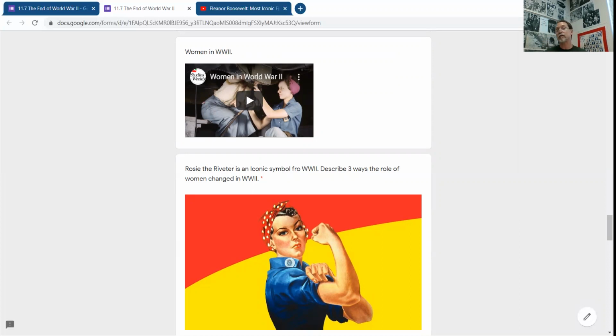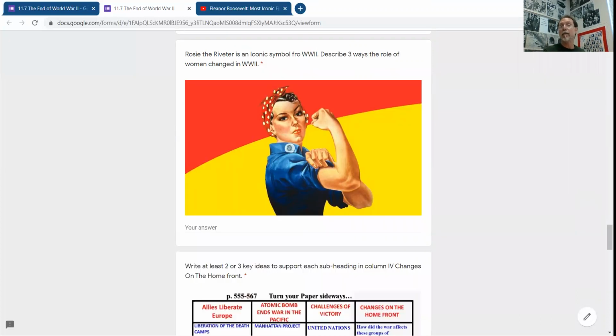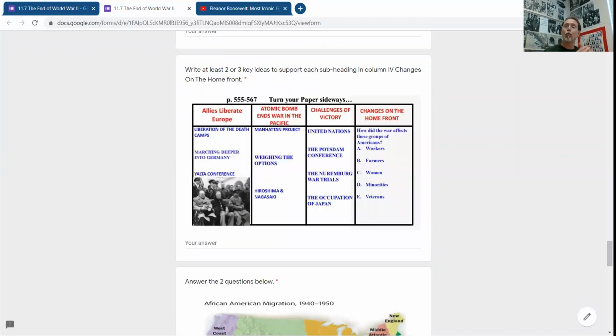And then the last section: before we dig into that, you watch a short video about the changing role of women in World War II. With the question, I have a picture of Rosie the Riveter there. You'll dig into that last section and look at how the war has effects on lots of different groups of people, not only all over the world, but in the United States. As tragic as war is, oftentimes there are positive effects on countries and groups of people within countries. We will see that with the United States as well. So there's some reflection that you could do there.